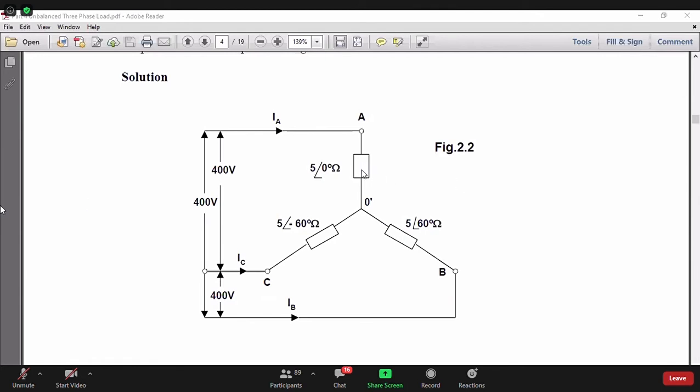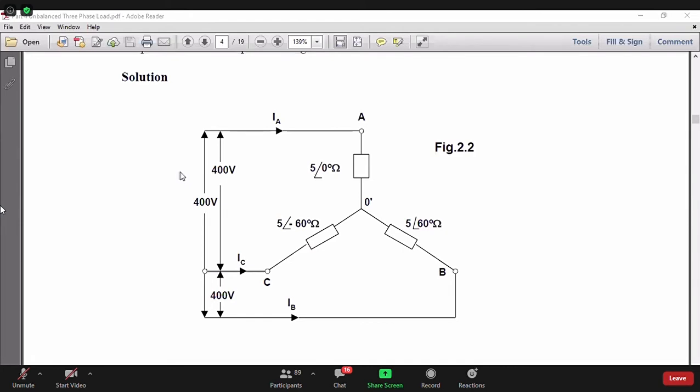I don't know really. Then how do I solve? Yes, I can solve. One straight answer is, I know that for delta I can solve, because the delta load is between AB, BC and CA. These voltages are known because they are connected to the source. So if I convert this star to delta, what will happen? Then one impedance will be between A and B, another between B and C, another between C and A. And then I can always say that they are having this line voltage. So therefore, I can solve this problem by converting the star to delta.